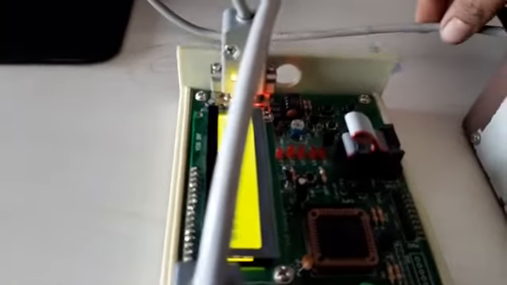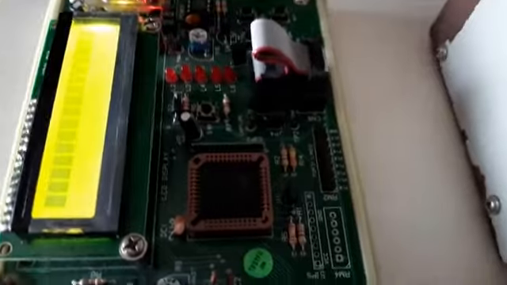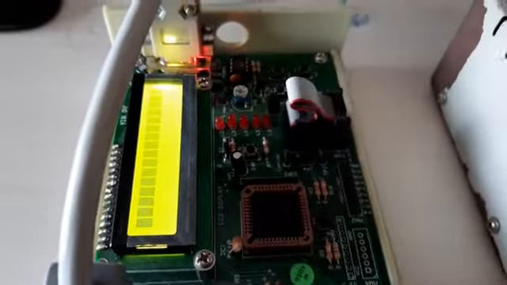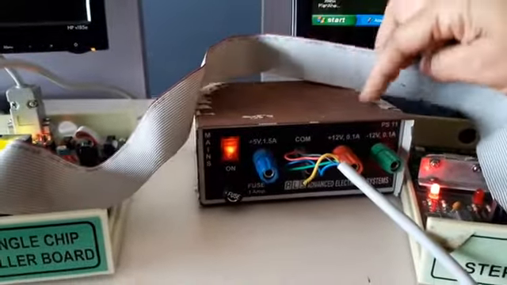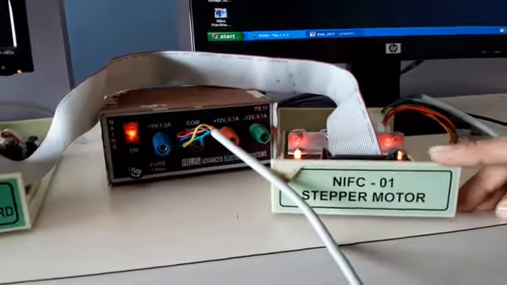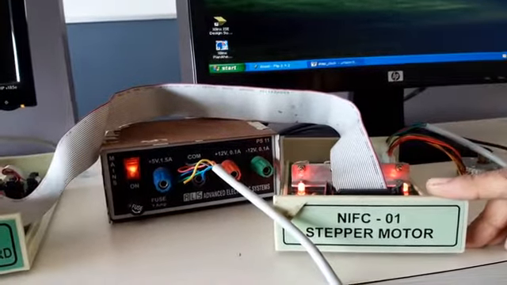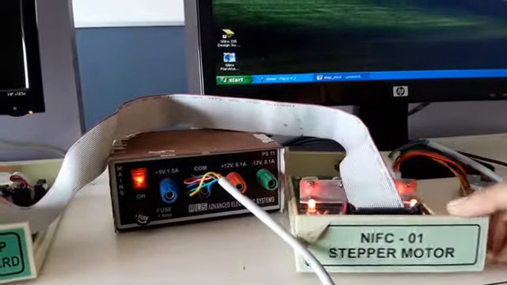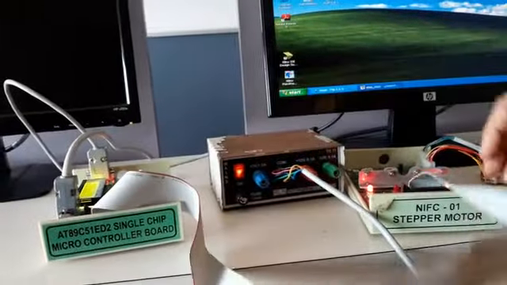This cable is connected to the communication port of the CPU, and this is the IC you have. And you have a reset button here, and here this is the power supply, 5 volts power supply. This power supply is required for this interface card, and this is the interface card of a stepper motor. Like this you have an interface card for all the other programs whichever you do in the lab. Then here this is a flat ribbon cable which is connected between the board and the interface card.